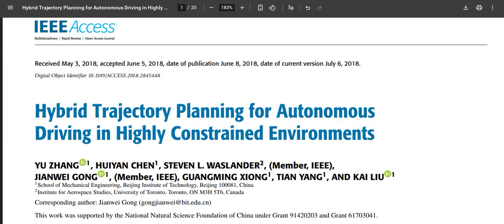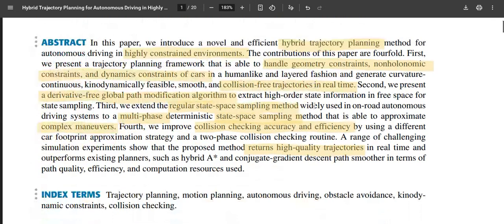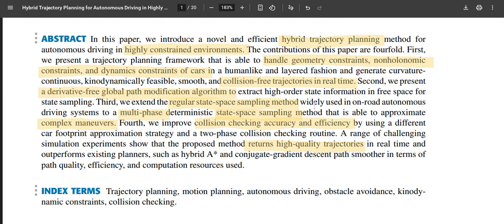Hi all. In this video, we see a paper titled Hybrid Trajectory Planning for Autonomous Driving in Highly Constrained Environments. This paper says that they have developed a novel and efficient hybrid trajectory planning method having four sub modules. One is the development of